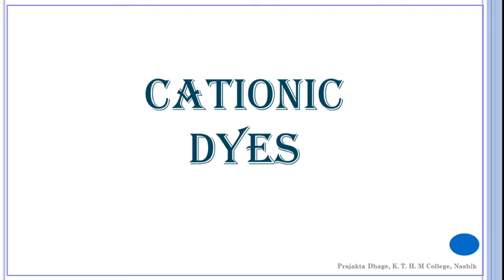See, for general purpose staining of nuclei, cationic dyes are used in dilute solution, which is 0.1 to 0.5% at pH 3 to 4.5. The aqueous solution of the dye is usually acidified by addition of acetic acid or any suitable buffer. Objects that are colored by cationic dyes are said to be basophilic.